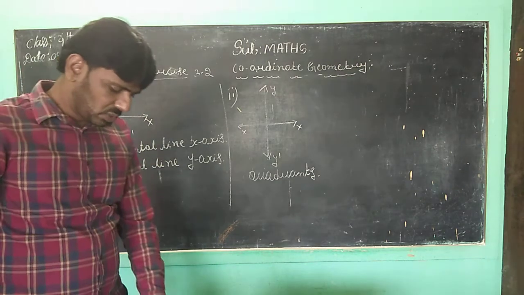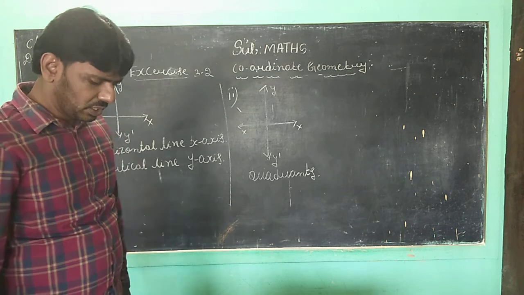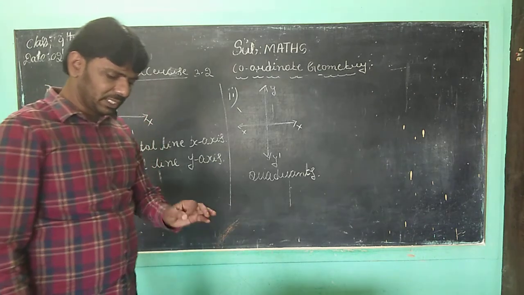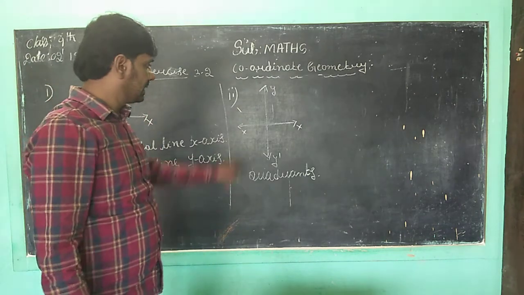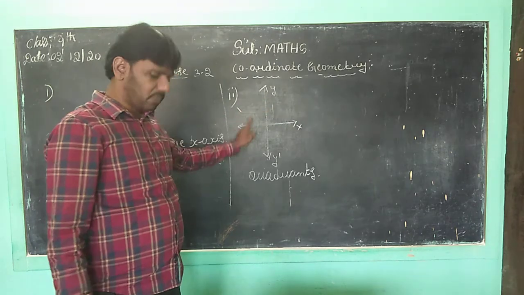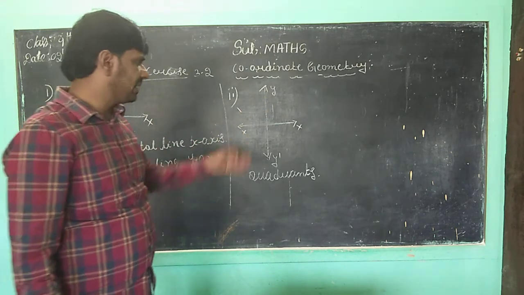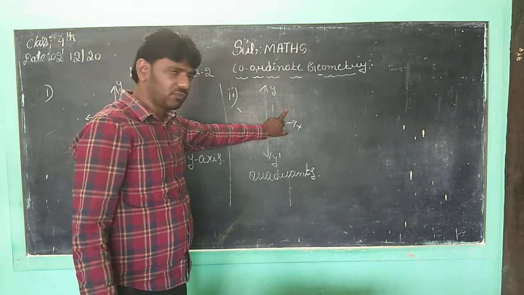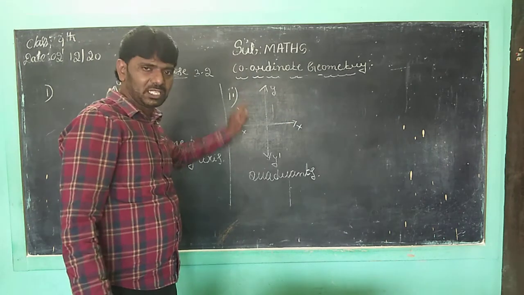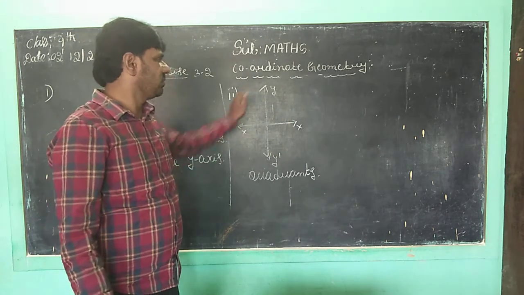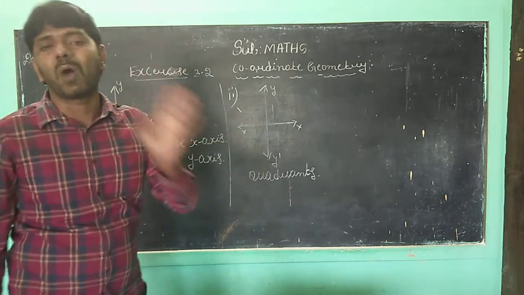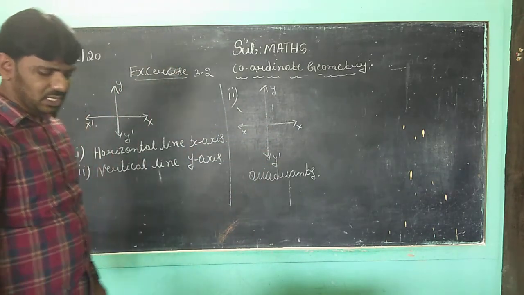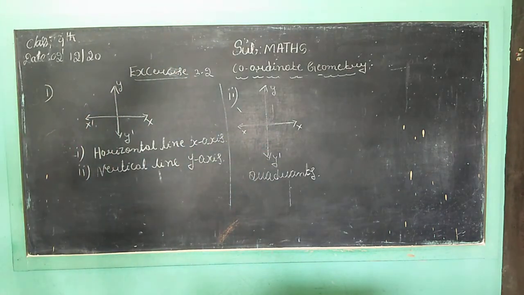What is the question? What is the name of each part? What is the name of each part? Correct, children? Formed by these lines. These lines is part. This is one part. This is second part. This is third part, and this is fourth part. What we can call these parts? We can call quadrants. Correct, children? Children, next you want to take another question.